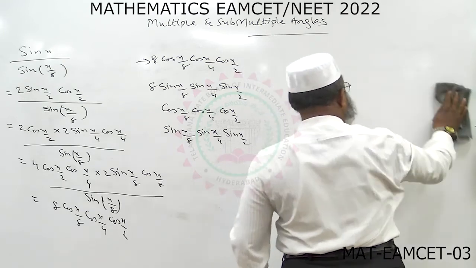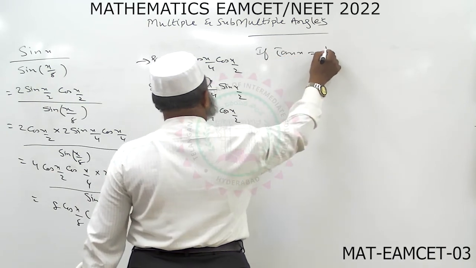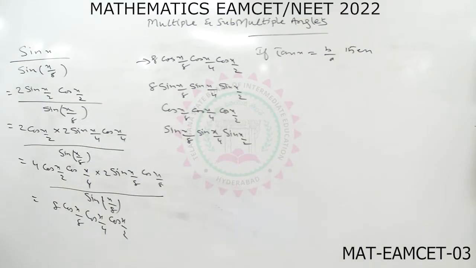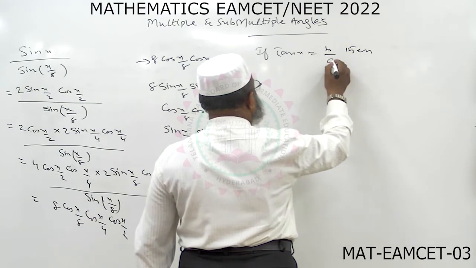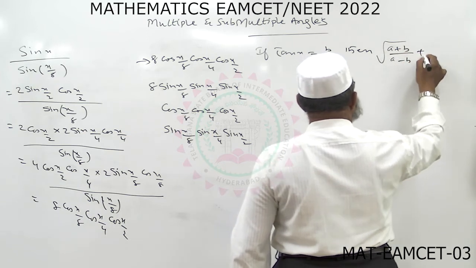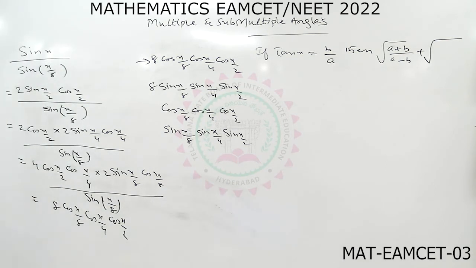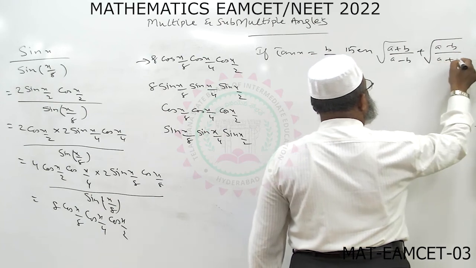If tan x is equal to b by a, then root of a plus b by a minus b plus root of a minus b by a plus b is equal to,